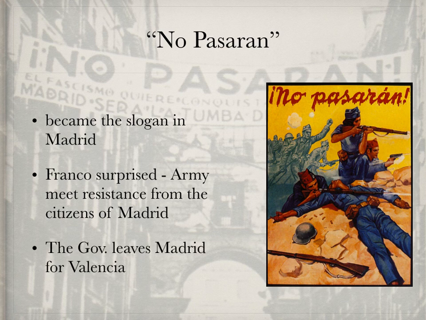The government under Caballero, the Republican government, leaves the capital for the safety of Valencia, as did many of its population. But preparations also began to defend Madrid, and everyone who was there got involved. And they would not let it fall. They shall not pass. That's where we're going to stop here.